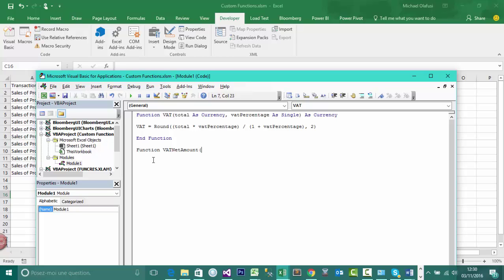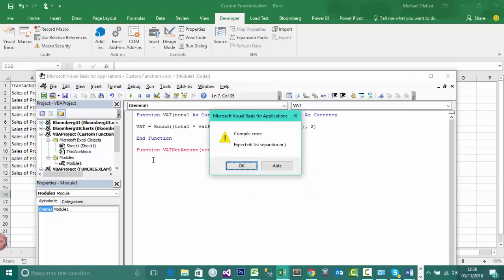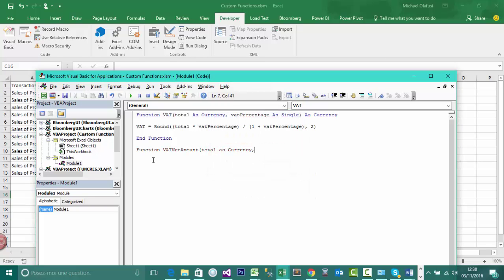Let's finish off the. So again, it will be total. It will take in total as currency, and then VAT percentage as single, and it will return VAT net amount also as currency. And let me just copy,